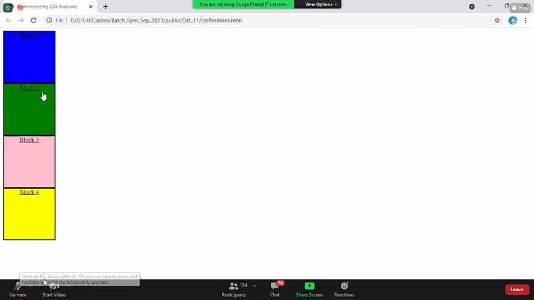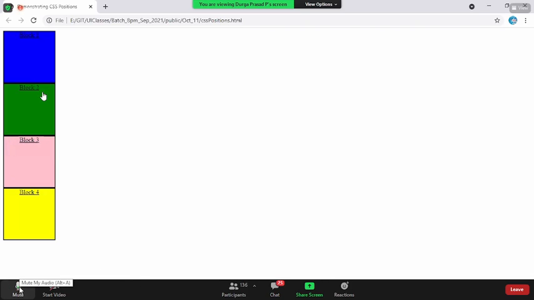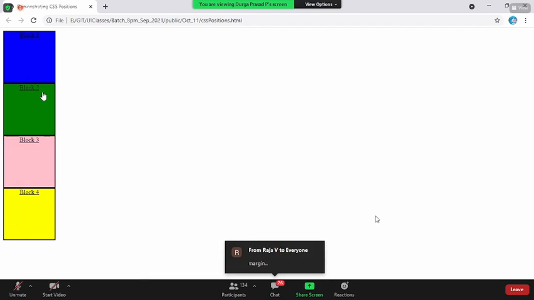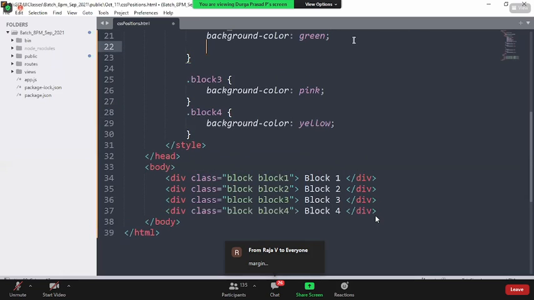Can I repeat the question? My question is, the green block from the left side has to move to the right by 30 pixels. Padding only? Margin, sir. Come on, margin, guys. Margin left is a property through which you can actually move the DOM element, right? Now for the green block, I'm simply saying margin-left.